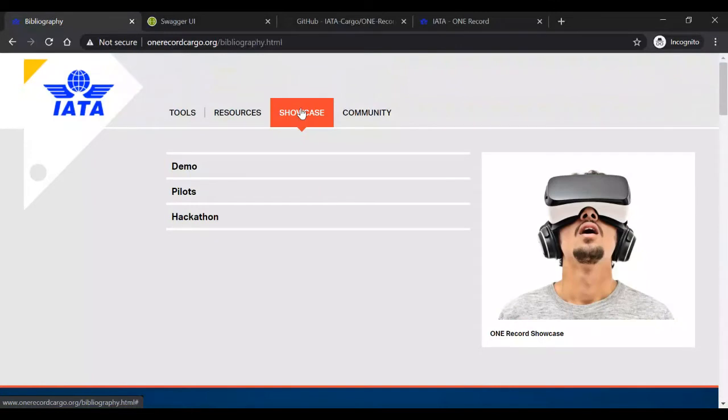Then on the next tab, we have a showcase. One of the most important features of the showcase on which we are currently working is the demo. It's not live yet, but we plan to finish that soon. So we'll make an announcement when this is done. But this will be a very nice environment on which you can see live how one record compliant